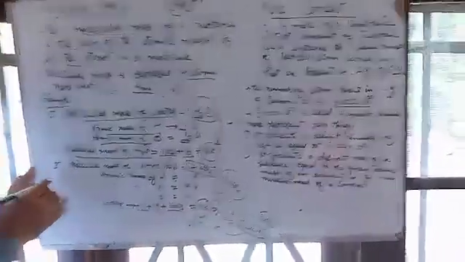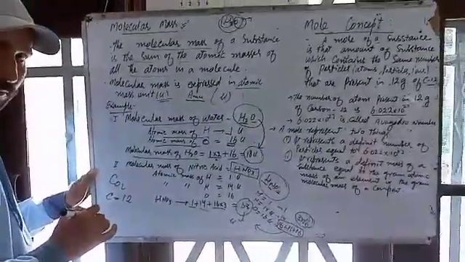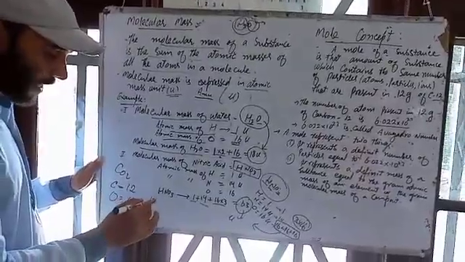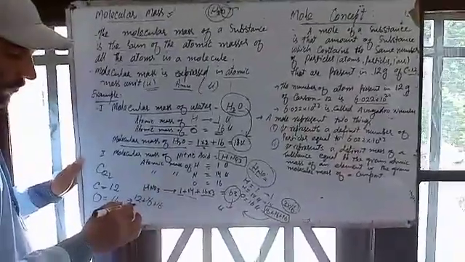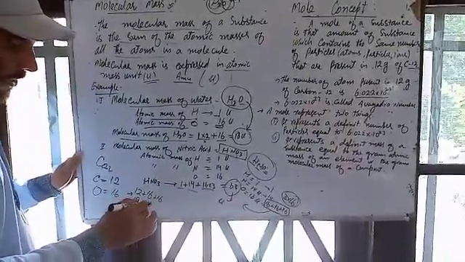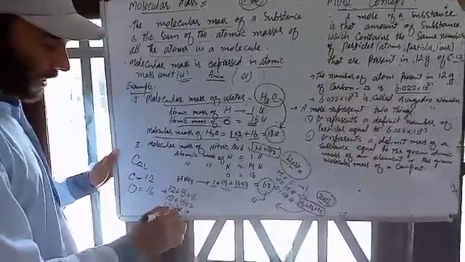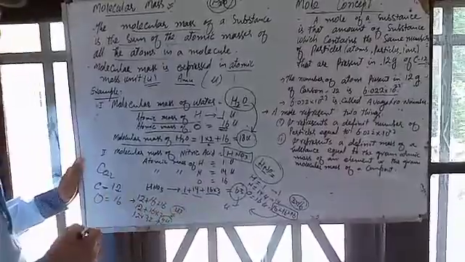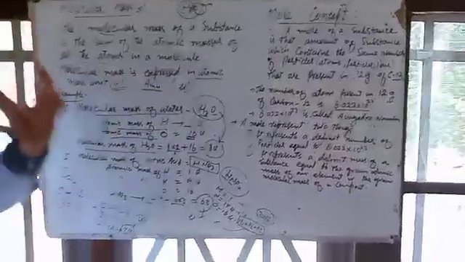Again I will show you the mass of carbon dioxide, CO2. Carbon has atomic mass 12, oxygen again has 16, but oxygen atoms are 2. That means 12 plus 16 for 1 atom and 16 for the 2nd atom. Then we can write it as 12 plus 16 into 2, it becomes 12 plus 32, and it will become 44 units. That means carbon dioxide has 44 units of mass. This is how to calculate the molecular mass of any molecule.